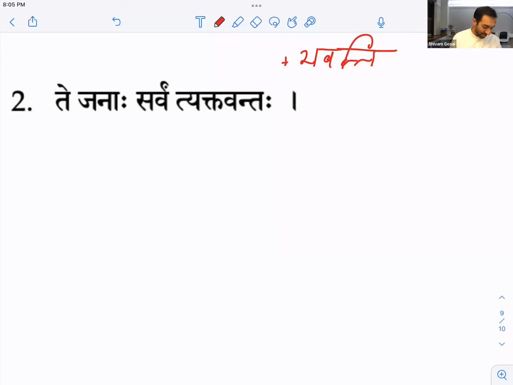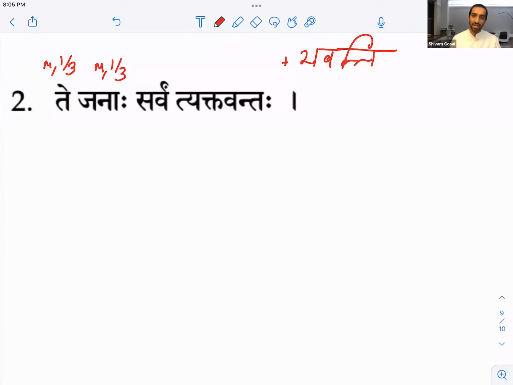So let's just give cases. We can try to figure this out. So te janaha, so te, tad shabda, sahato te, 1-3. Or if it's napumsakalinga, then it'd be tad, te, tani, so it could be 1-2. It depends on what the gender is. We'll figure that out, okay? But janaha is masculine, so we know they're probably going to go together. So let's give masculine 1, 3. Sarvam can be 1, 1 or 2, 1. So let's keep that blank for right now.